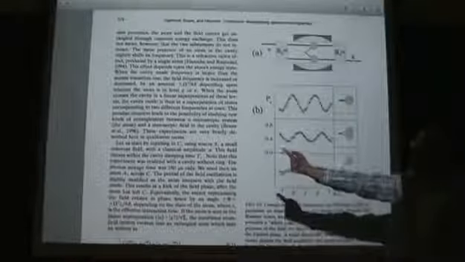If the phase is different, I'll go somewhere else, and I get Ramsey fringes. Those Ramsey fringes are a function of the phase of the second Ramsey pulse relative to the first. Okay? Now, what's being shown here is the visibility of those fringes